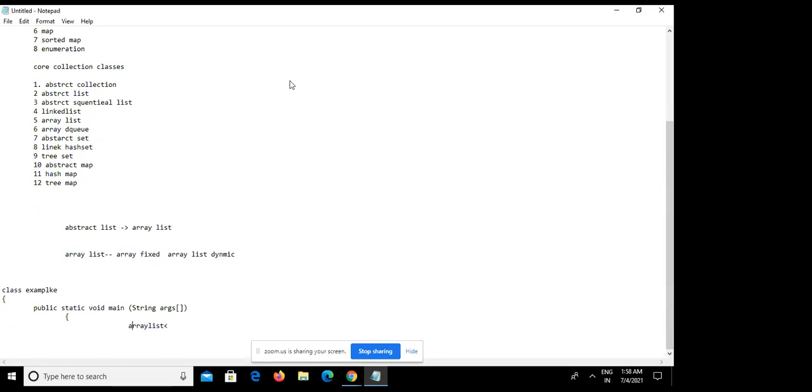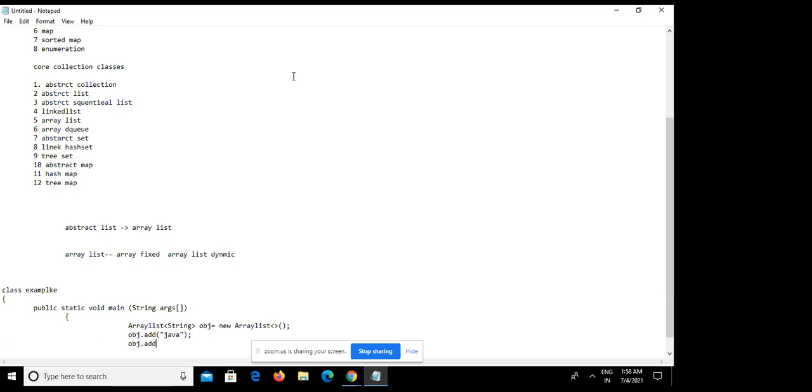Don't go by the syntax, I'm not considering that. An object with new ArrayList, and after that we need to do the add operation. I'm adding some objects, like Java, because it is a string I'm taking.